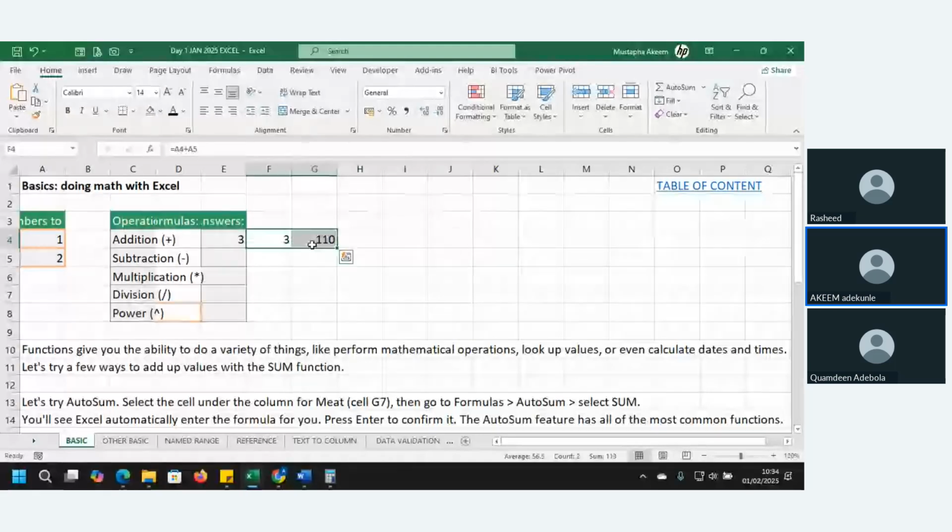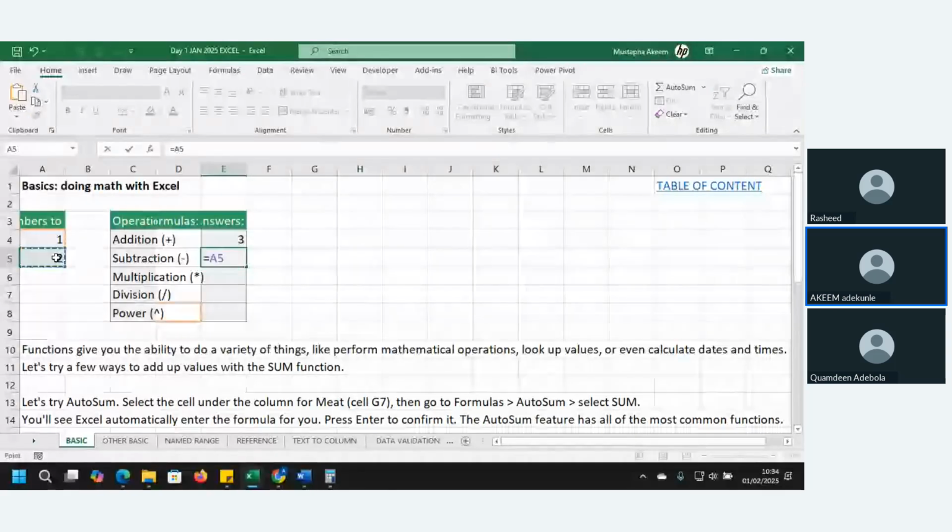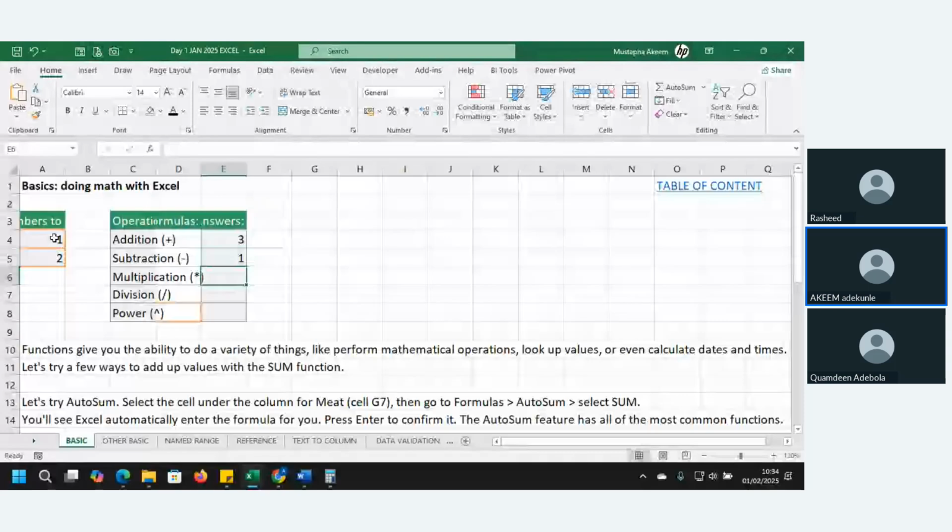Also, to calculate differences in Excel, we use the minus sign. I think we have it between 0 and equals to on my keyboard. So we have equals to 2 minus, you press minus on your keyboard and select the other number. Enter, so we have 1. Multiplication is on number 8, you see the asterisk there.